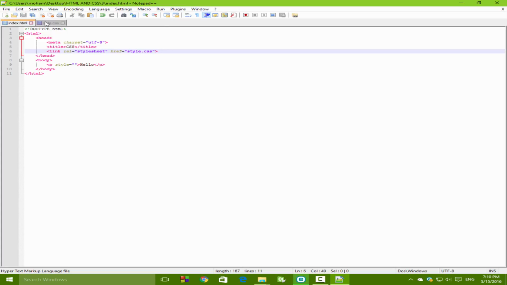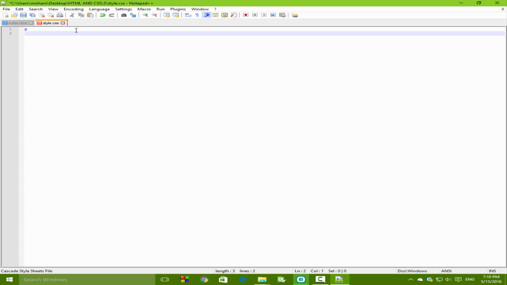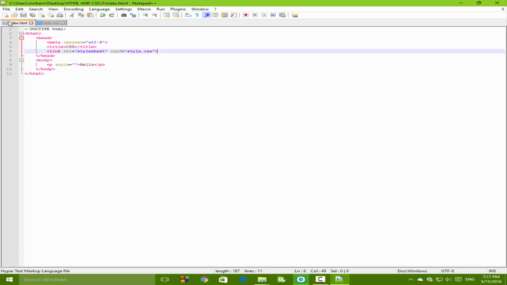Here we have a p tag, so we're going to write p, and we are going to see our first property, which is color. We are going to set the color of all the p tags. Color, we are going to choose, for example, red. Save it,